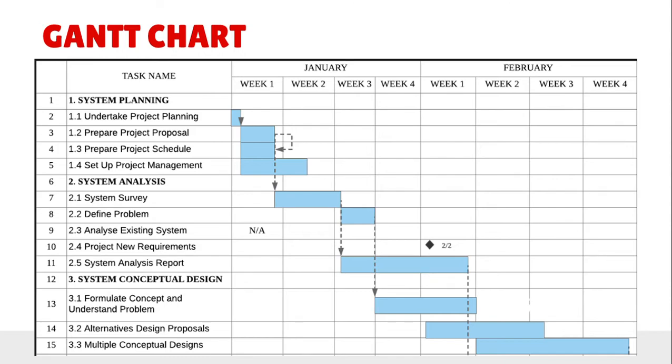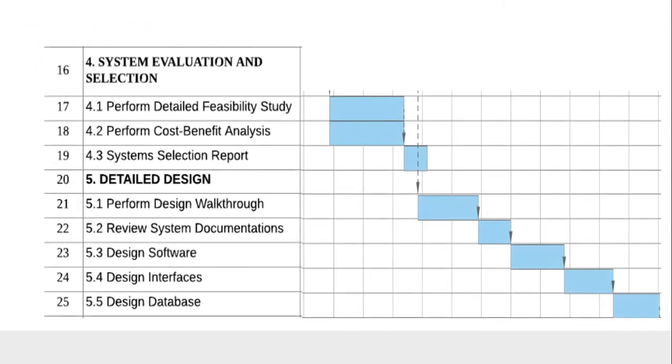This is where we do a survey of our future users to see their opinions and views regarding the project. Only then will we enter the designing phase, continued with the evaluation before we pick the best system design. Then a detailed design will follow through. Here is where the interface, database, and software are designed. After all of the designing is done,